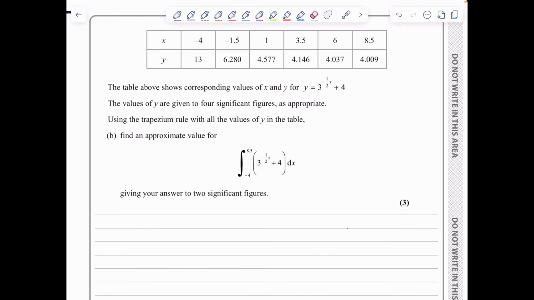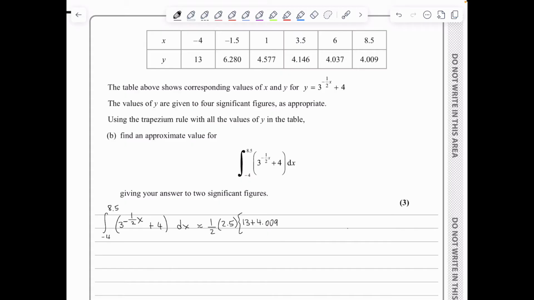We're then given a table of values for y is 3 to the minus a half x plus 4. We've got the x and the y values here, and we need to use a trapezium rule to approximate this integral here, giving our answer to two significant figures. Well, we know that if we're dealing with the trapezium rule, the integral can be approximated by a half times the height of the trapezia, which is the difference between two consecutive values of x, so it's 2.5. So a half times 2.5, and then the first and the last y values get counted once, so 13 plus